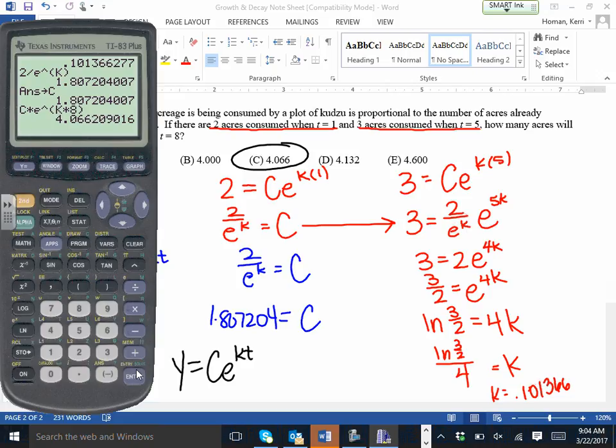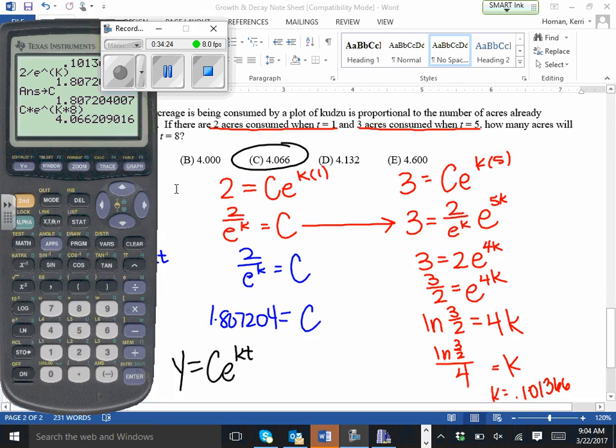All right, what questions do you have? Did you get it? C is 4.0. Whoa,